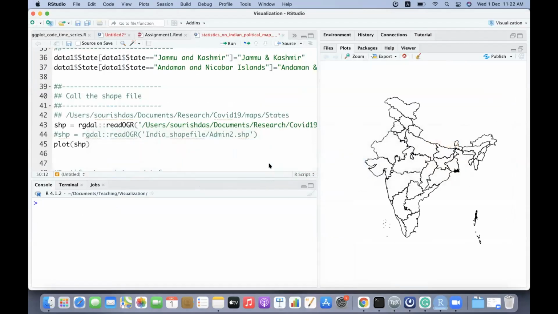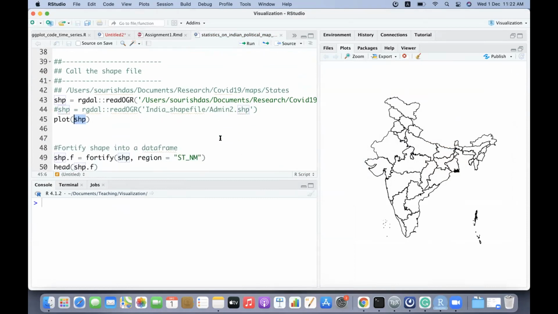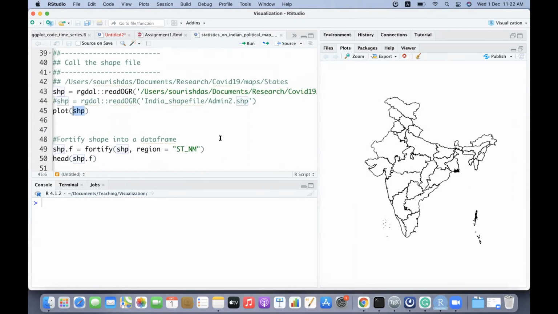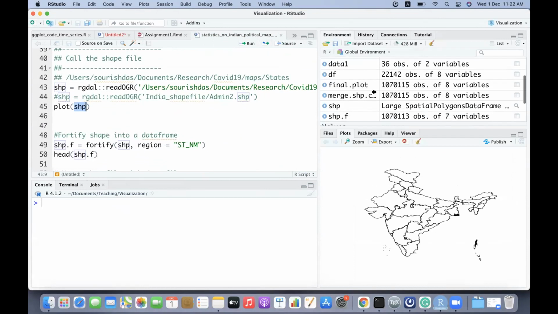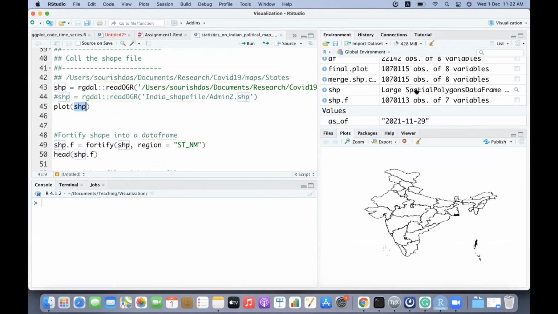Okay. So this is what it is drawing. If you take the shapefile and plot, this is the political map of India being plotted here. Now this SHP file, shapefile, is a bit of a large spatial polygon.